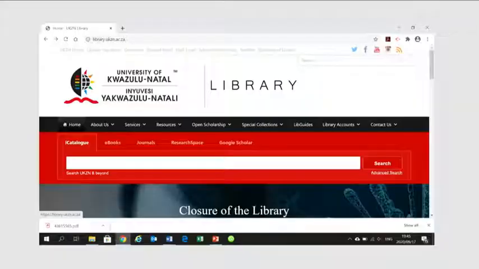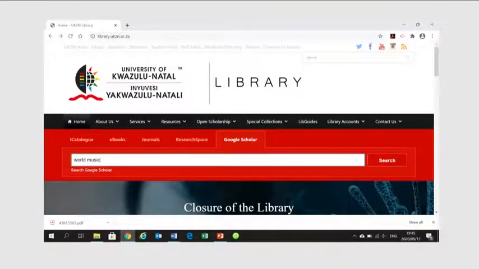And you can see that on that red box. If you look at the screen now, you'll see the little red box. Right at the end of that red box where iCatalog is, Google Scholar. So click onto Google Scholar, and then we'll type in world music. Okay, that's just for example now. Okay, and you're going to do a project on world music for your bibliography project, so this might help you.